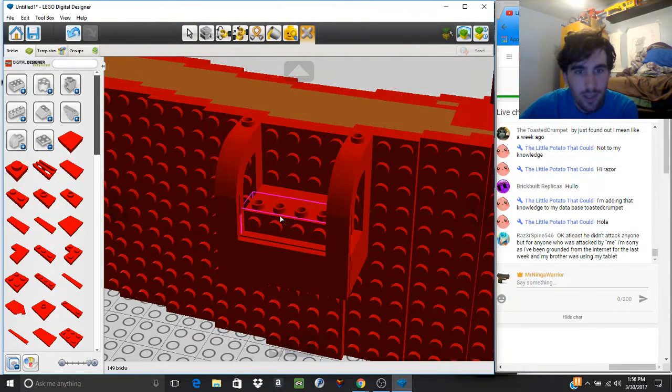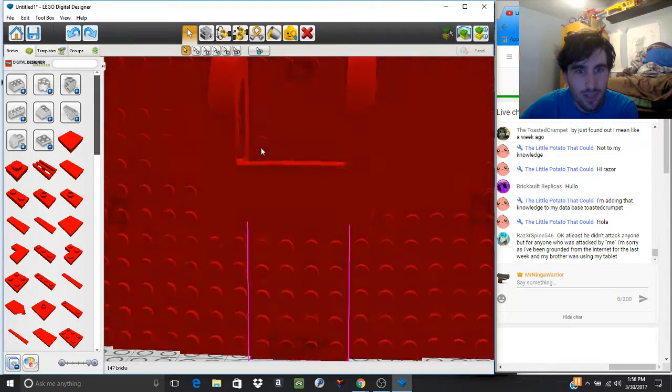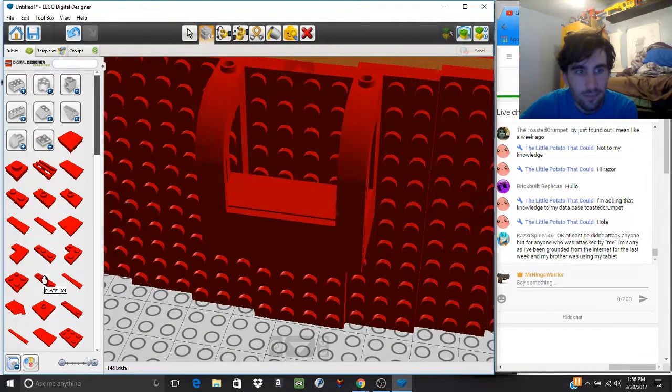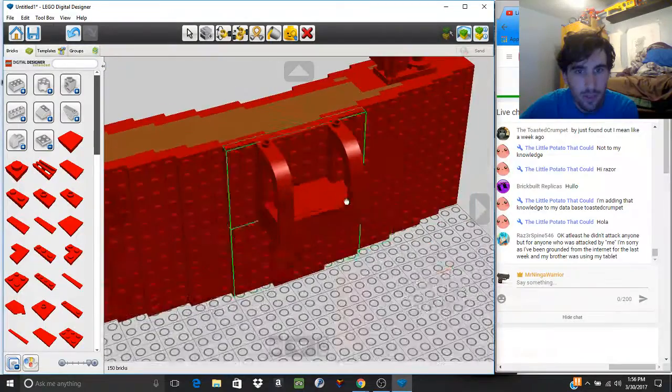No, there's an easier way. I don't know why I'm making it difficult on myself. There's a way easier way of doing that. Like the pieces are literally already sideways. So we're gonna do